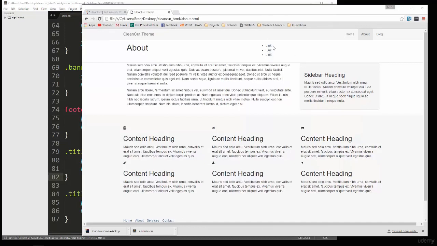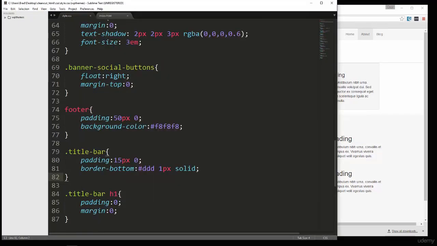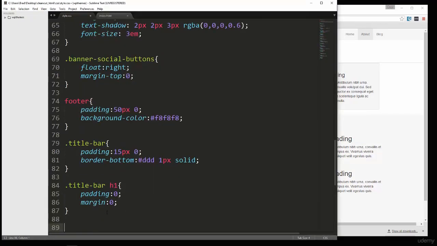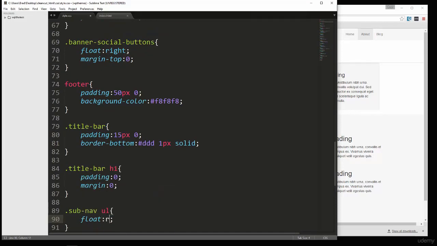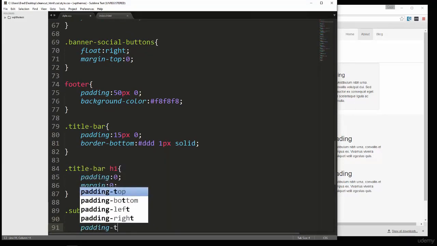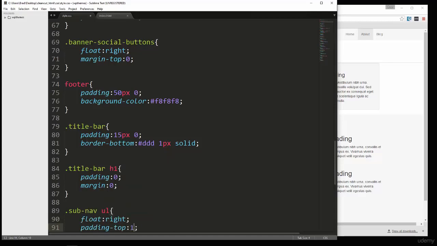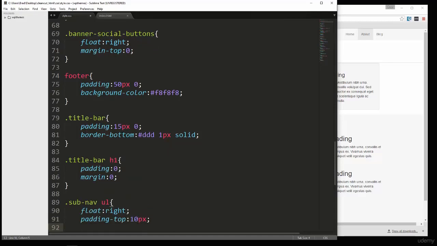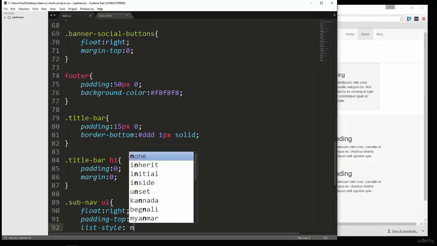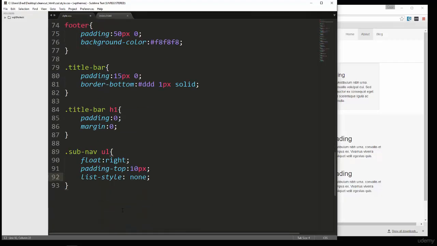So for the subnav, we need to style that. So we're going to say dot subnav, and we want to grab the UL, and we want to float that to the right. We'll add padding top, and let's set list style to none. Alright, and then for the LIs,